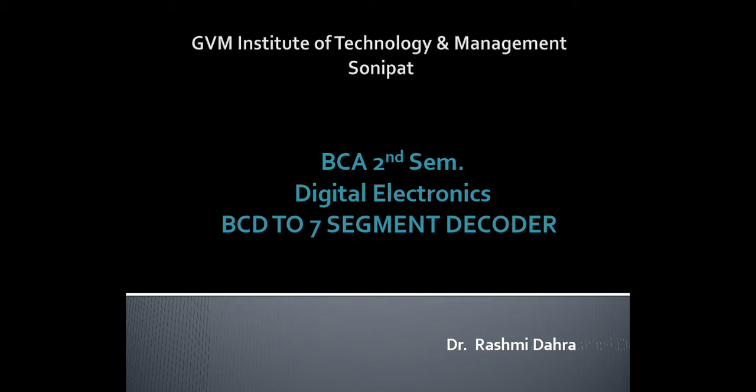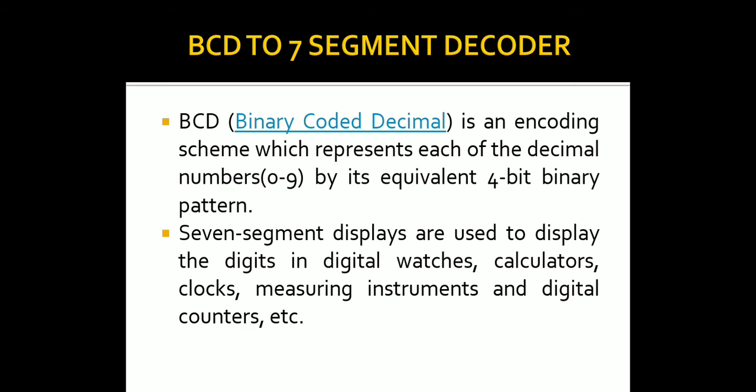Good morning students. Today's topic is BCD to 7 segment decoder or 7 segment display. We know that BCD numbers are used for representation of decimal numbers from 0 to 9, which are represented in 4 bits, whereas the 7 segment displays are used to display the digits in digital watches, calculators and